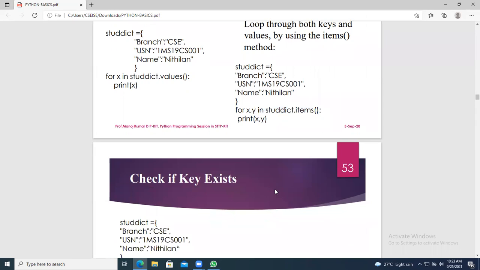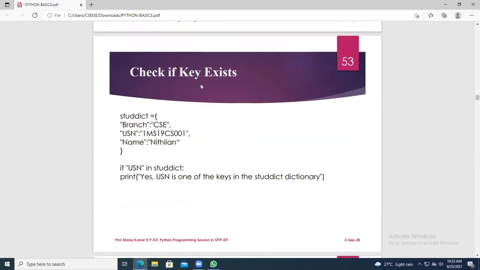Okay. So now you see, check if keys exist. I have created a dictionary here. How many keys do you have? Key 1 branch, key 2 USN, key 3 name.